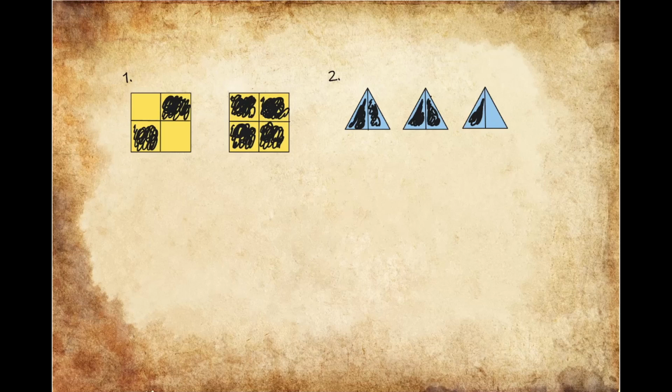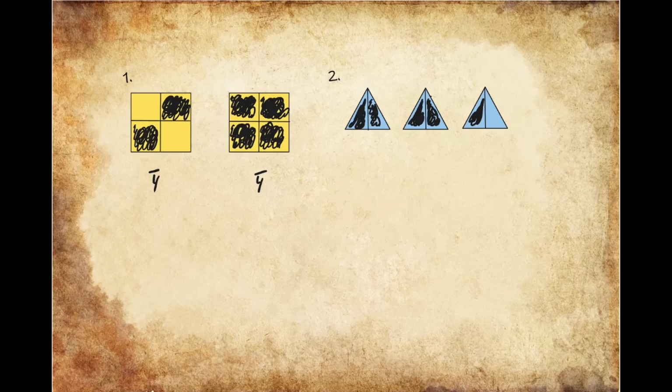Our first step is we want to figure out how many equal parts each one of these squares has been divided up into for our denominator. And here we can see that each square has been split up into 4 equal parts. So we know that our denominators here are going to be 4. So we can go ahead and just write that down below because both squares have been broken up into 4